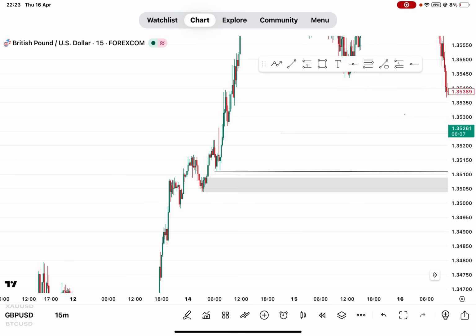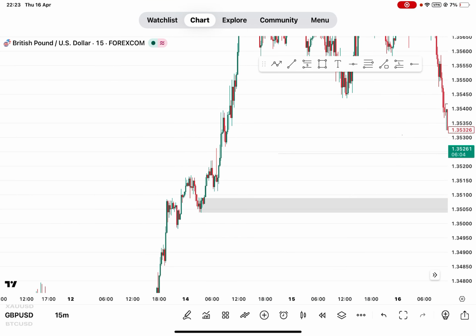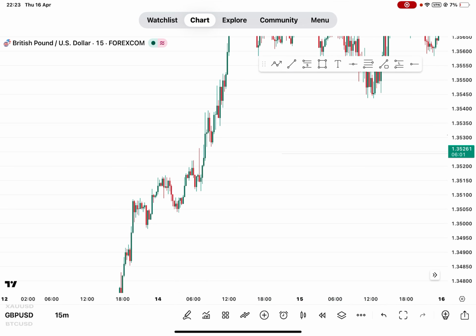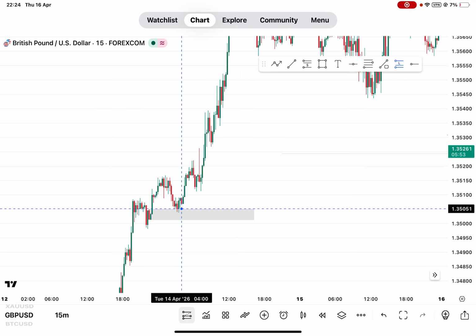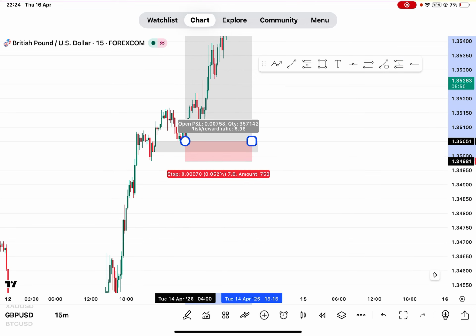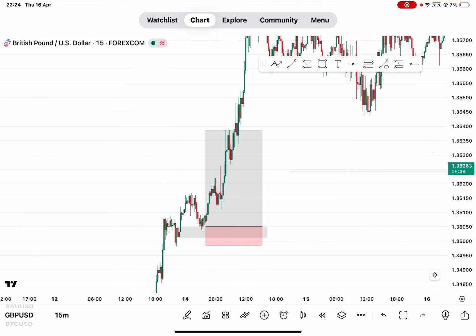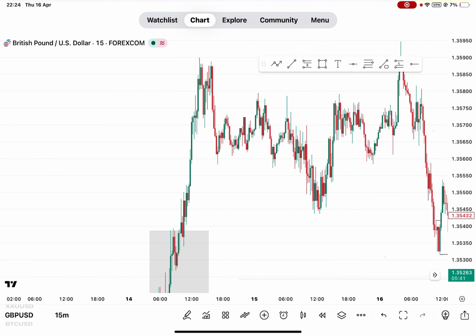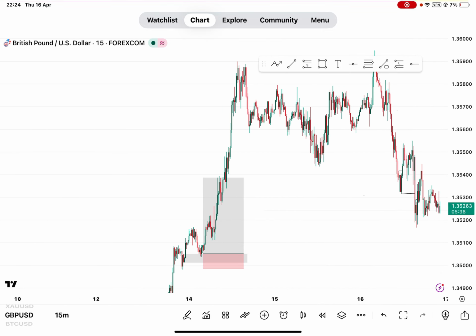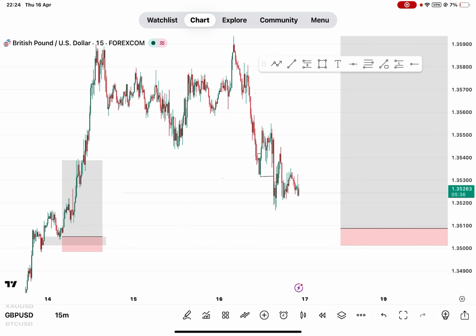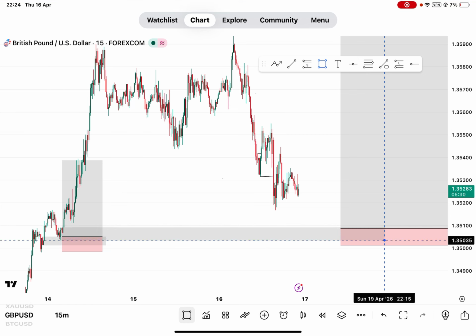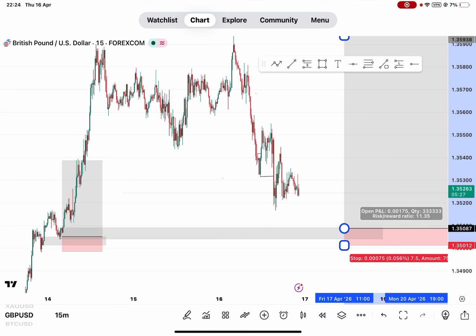From this particular zone, I was able to catch a buy on EUR/USD. I was able to catch a buy from this other block over here, and I just targeted 1:5, and that was the trade I had on GBP/USD. I targeted just 1:5 and it went straight to TP. So my bias right now on GBP/USD is basically bullish. I'm expecting the market to get here and start buying over again.